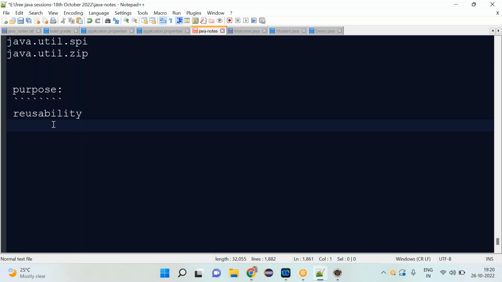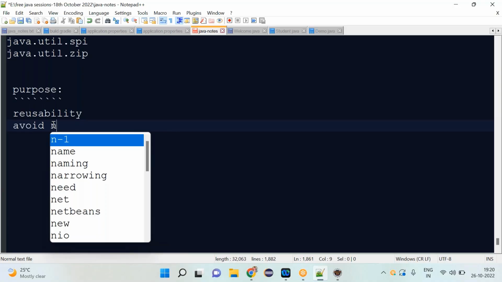Okay, the classes, either classes or interfaces inside the packages. This is the important benefit of keeping the classes or interfaces inside the package. That is the first advantage. And one more advantage is to avoid